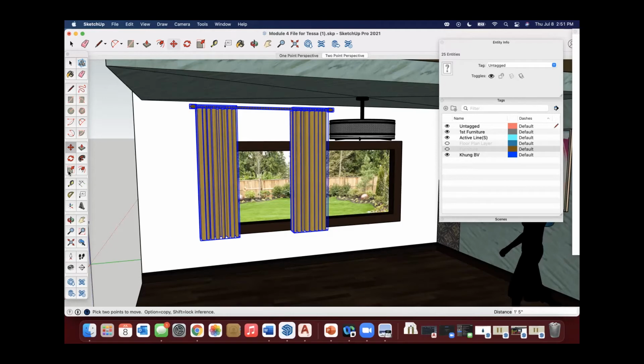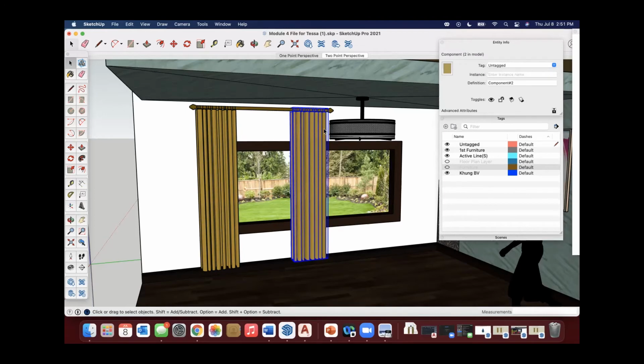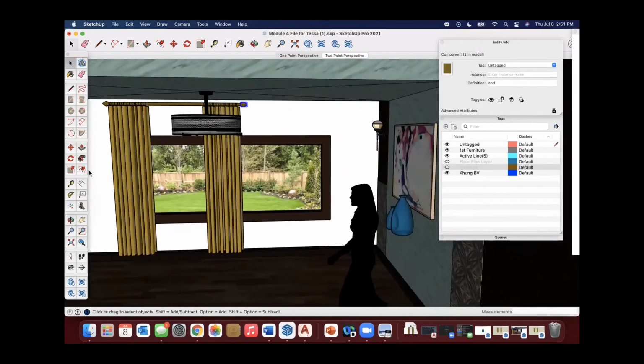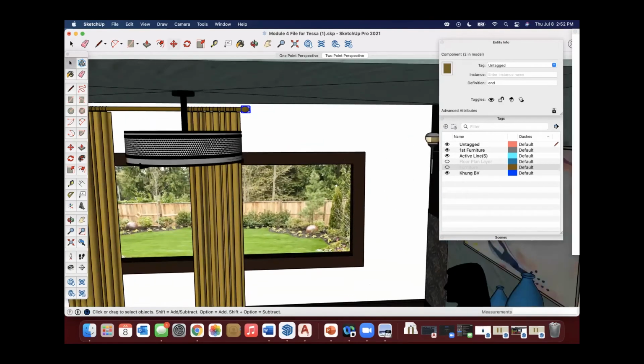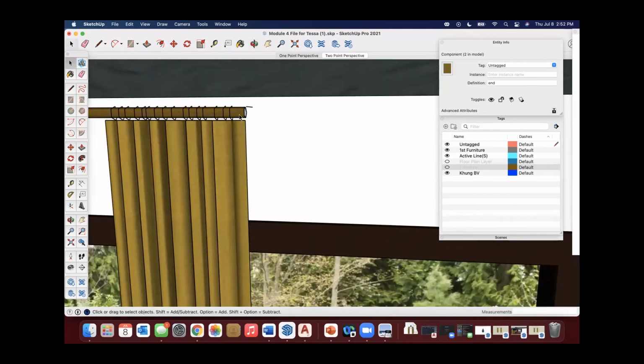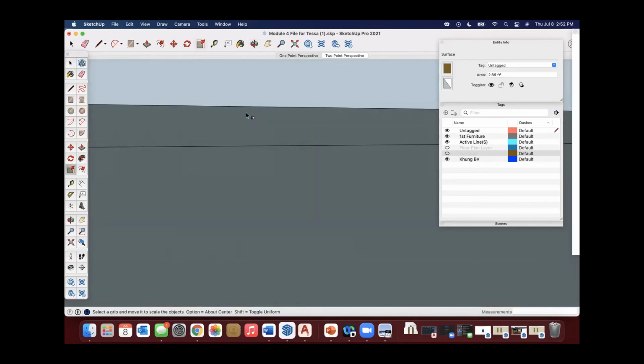And yeah, perfect. No, terrible, because we got to get this one over here and we got to get the drapery length. So now I'm going to take the scale command, go ahead and scale them down because this would be more appropriate. We want the length. But before I just move this, I need to go ahead and extend this out. So what I'm going to do first is, let me see, can I use the scale? No, let me see. So quickly, I can select this. I'm going to move it down to about the length that I want it, that finial. And then I am going to scale this one, the rod.